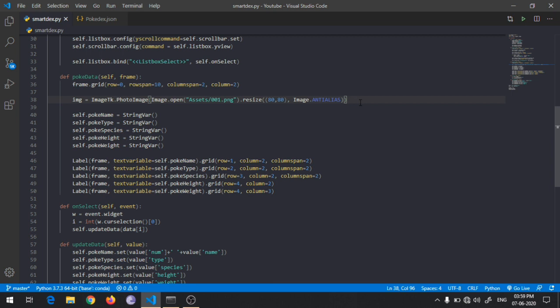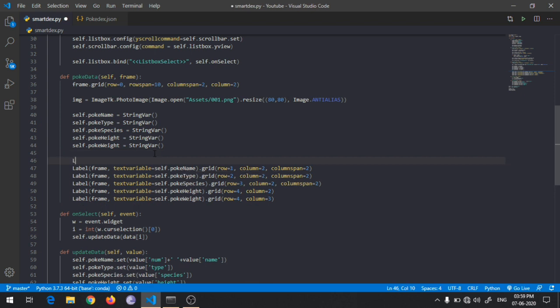For adding the image to the Tkinter GUI, I'm going to use a label, but the parent will be frame, and this time we will not give textvariable as a parameter, we will be giving image as a parameter, and the image will be our image, that is self.image, self.img label. Okay, so the base element is created.